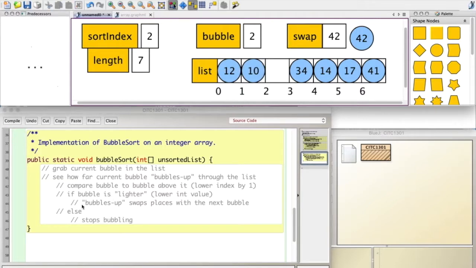So this is the, if bubble is lighter, bubble swaps places with the next bubble. So this is kind of this process that's happening here. So we moved 10 into here, and now our bubble is at index 1. So we've actually reduced the index of our bubble. And we swapped 42. Now once we do this, we don't need this value anymore, but there's something that would have been in here, so I don't think it's hurting anything for it to stay. And now we're still